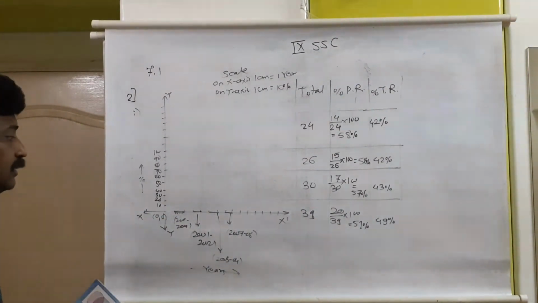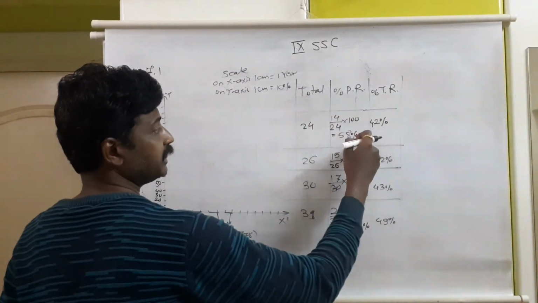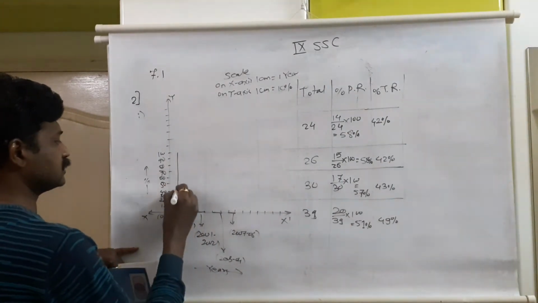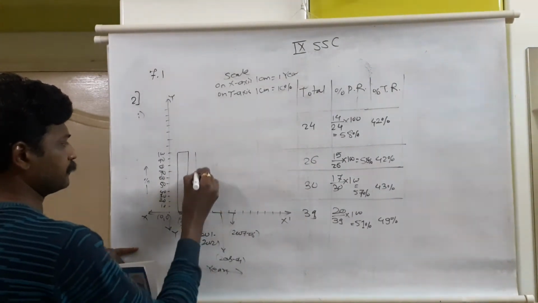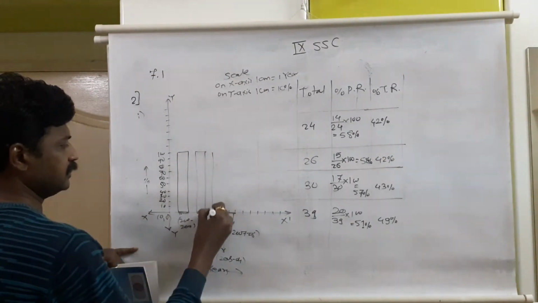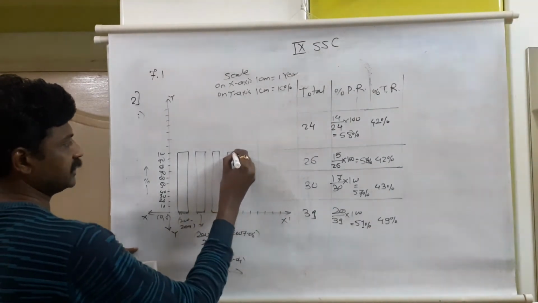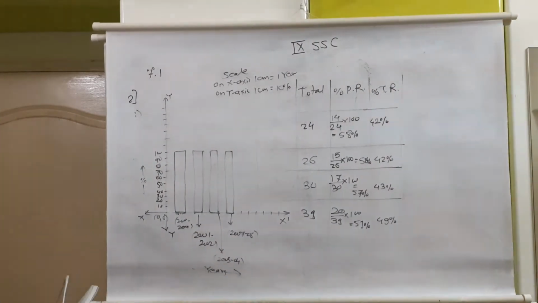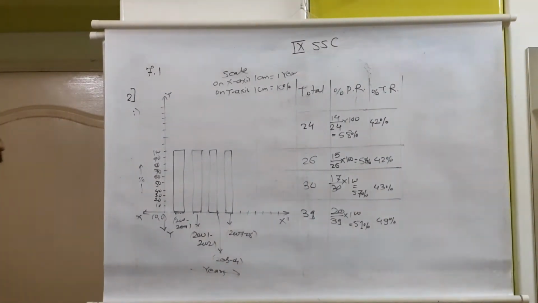Now for the first year, 2000 to 2001, percentage of permanent roads, 58%. First we can mark it till 100 because anyhow it is a percentage bar graph for all 4. Second year, 100%. Third year, 100%. And for the fourth year also 100%. As we have a percentage bar graph, all will be at equal 100% because comparison of all is out of 100. That is why it is a percentage bar graph.